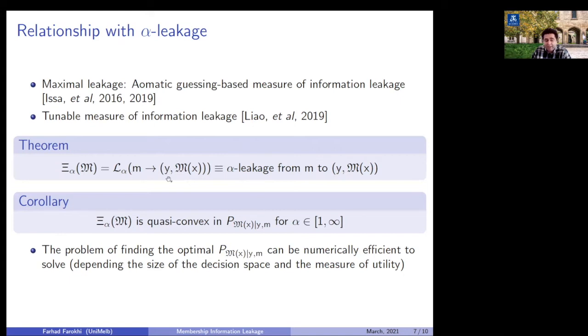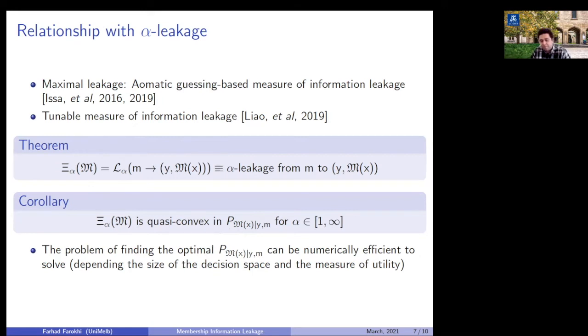from M to this Y and M, and this is identical to our definition of C, because they show that the alpha leakage is equal to the Arimoto information, and here we are using the Arimoto information for computing this membership inference information leakage. So we would have this identity, and then as a corollary, we get that this C is a quasi-convex function of this conditional distribution, which is very nice, because if we were to optimize, if we were to minimize the amount of the leaked information by changing this conditional distribution, we might be able to construct